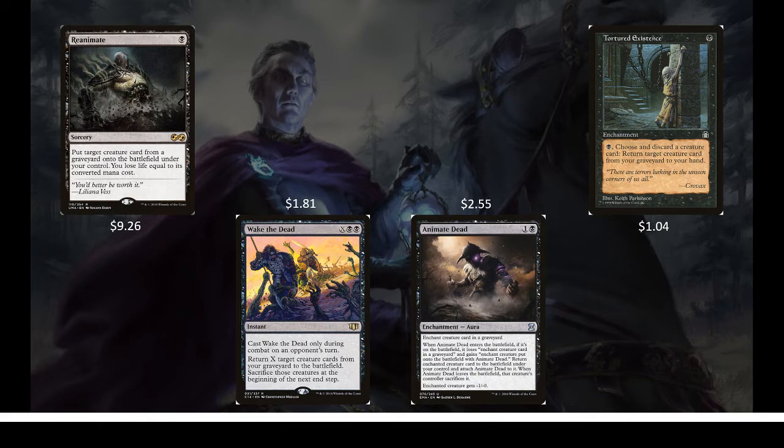your graveyard. But let's talk about Tortured Existence and Wake of the Dead, because they're cards that aren't really used as much, but they're very important to this archetype and the way that this deck is going to end up functioning. So Tortured Existence, it's a 1 mana black enchantment. You can pay a black mana, choose and discard a creature card, then return a creature card from your graveyard